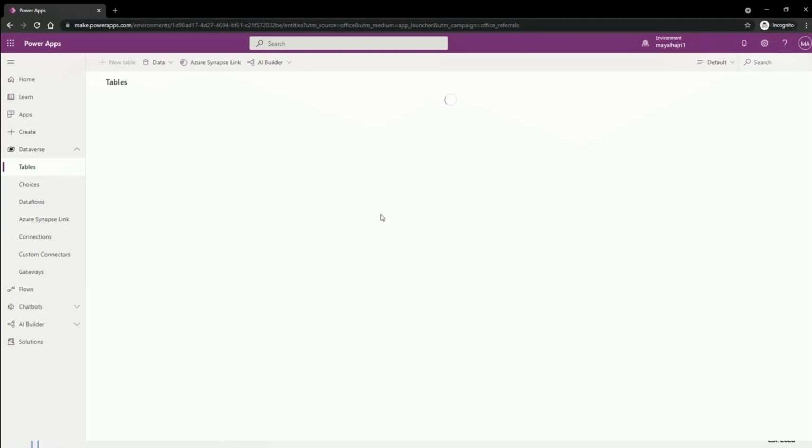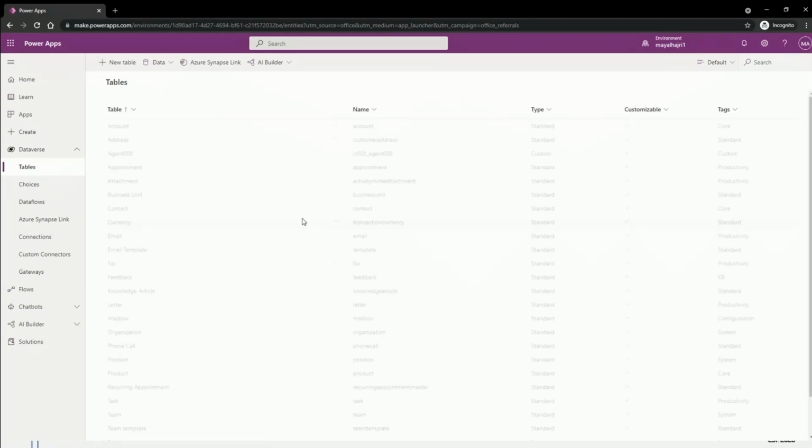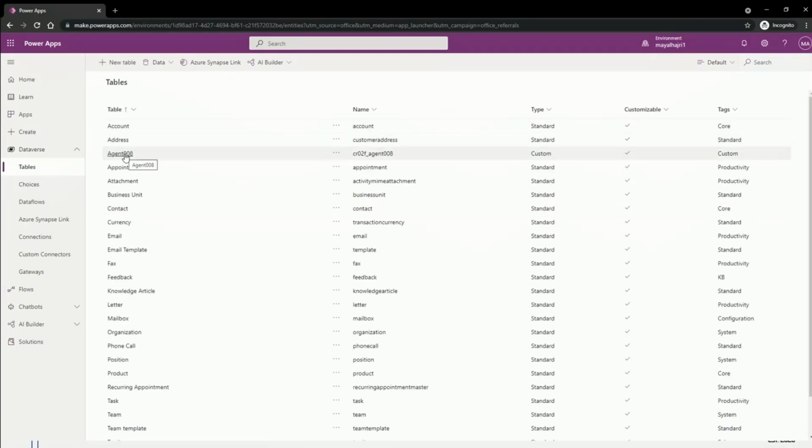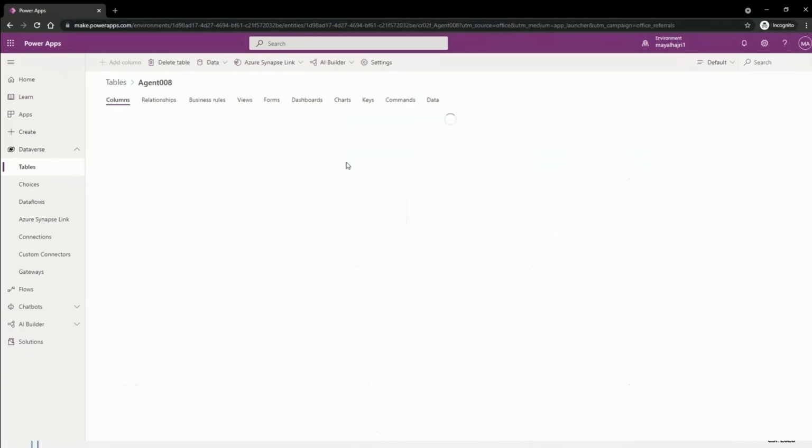where is my table? Here we go. The question, can I delete my table? Yes, we can from here. Delete table, you can edit. So if I would like to edit my table, I can click on edit and I will go to this